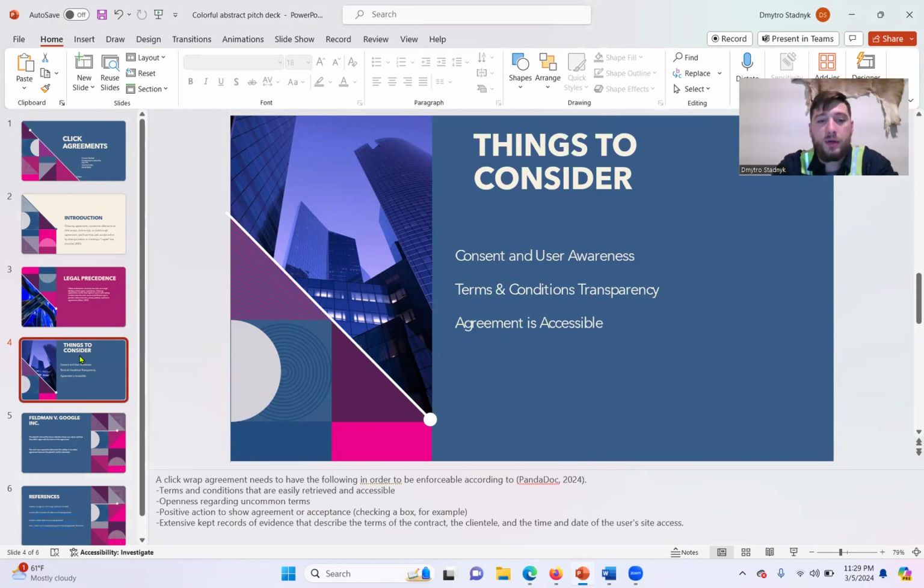Terms and conditions that are easily retrievable and accessible, openness regarding uncommon terms, and positive action to show agreement or acceptance. Basically, does it show that you're actually clicking a check box, like for click here? And extensively kept records of evidence that describe the terms of the contract, the clientele, and when they accessed the